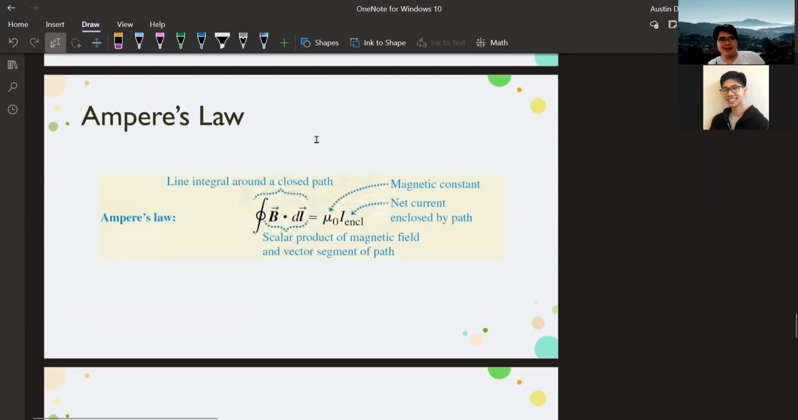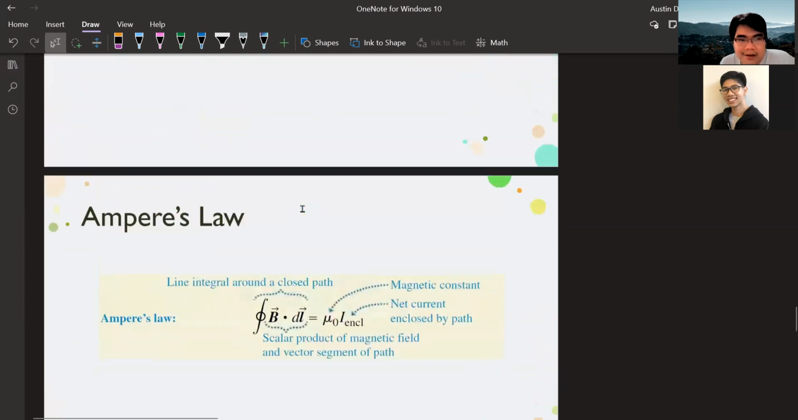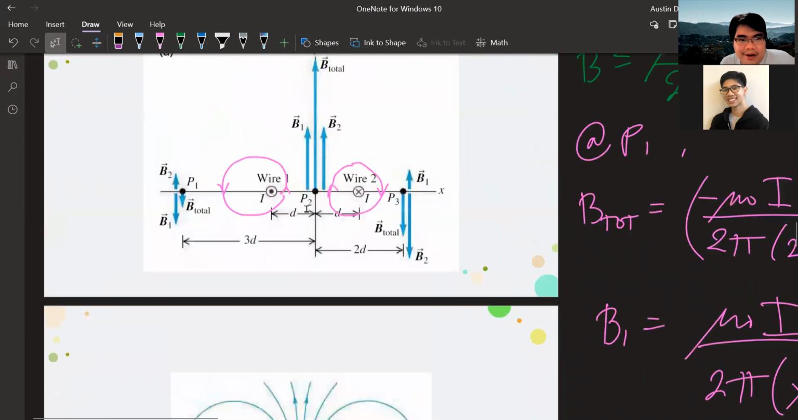Madali. Straightforward siya. However, sa Ampere's law, hindi. Okay. So, yung dL, the Amperian loop, as we call it, yung basis niya is that doon dumadaloy yung magnetic field. Okay. So, for a straight current